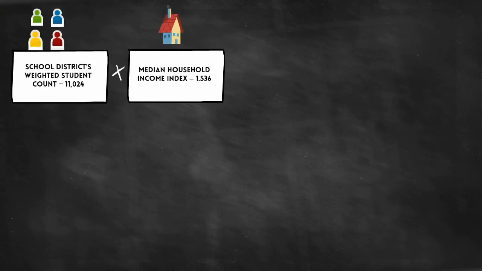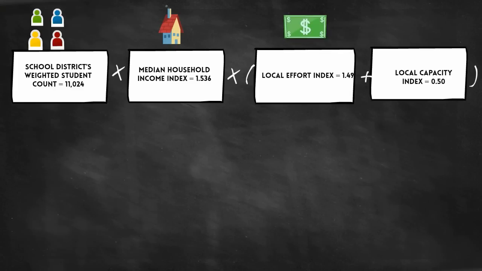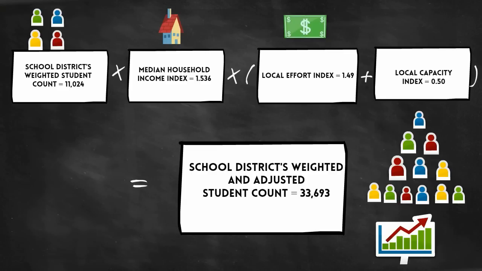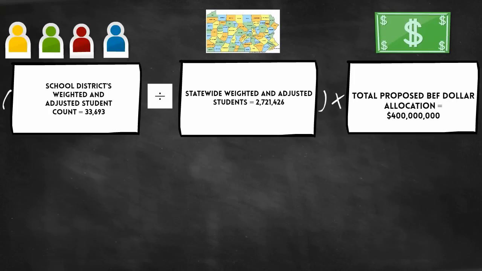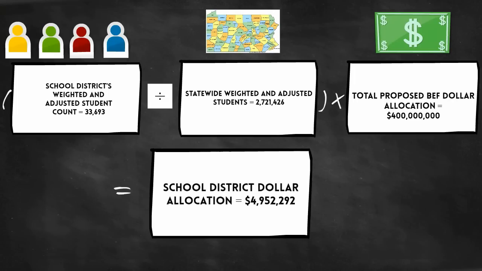Now we take that weighted student count number and multiply it by the median household income index for the district. We then multiply that by the sum of local tax effort index. The final number is the school district's weighted and adjusted student count. We now take this district's weighted and adjusted student count and divide it by the state weighted and adjusted student count for Pennsylvania. The final number is then multiplied by the total basic education funding dollar allocation. The final school district dollar allocation for Harrisburg City School District would be